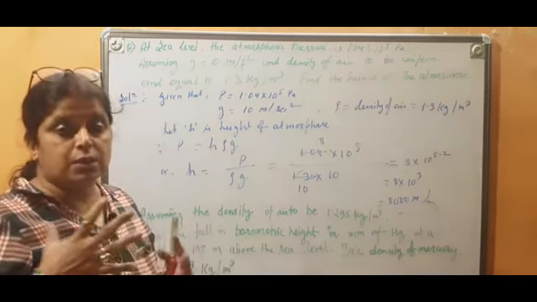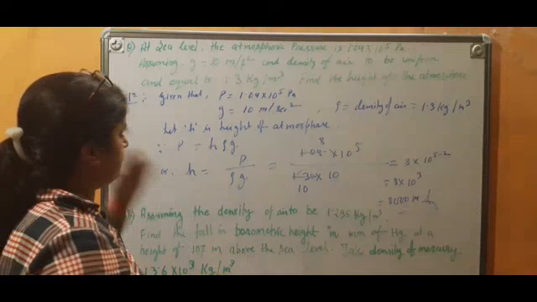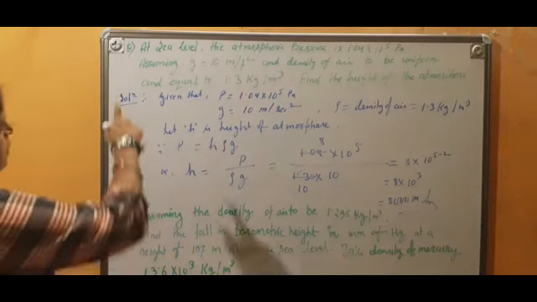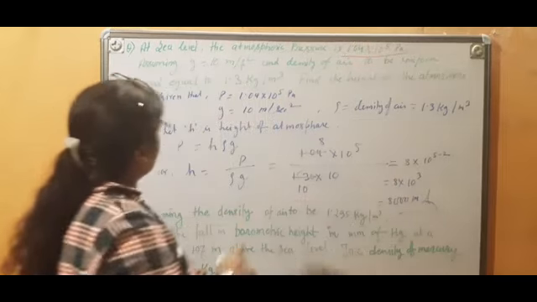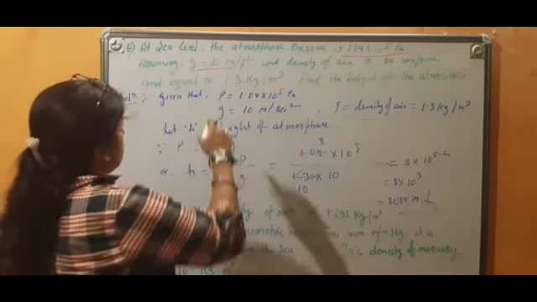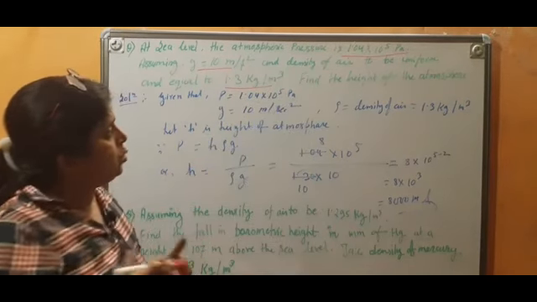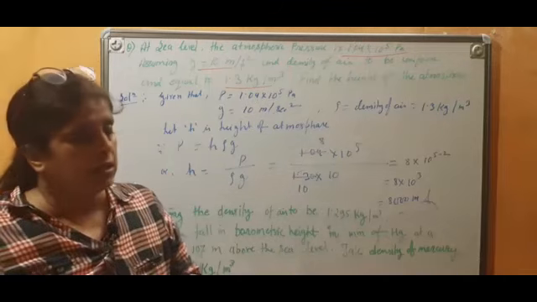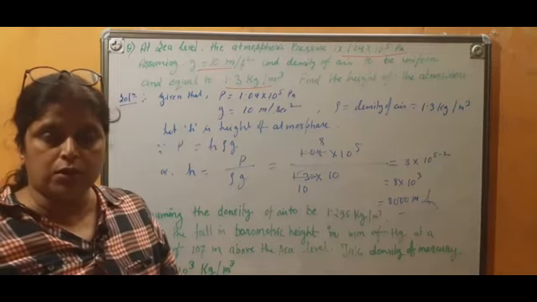Try to understand what is the question. Question says that okay, you are calculating atmospheric pressure, that's fine. It is already given, atmospheric pressure is given. Okay, and what is given? Value of g is approx 10, it is given. Then density is also given. Then what is the question? Atmospheric pressure is given, small g is given. Okay, and density, that is rho, is also given.